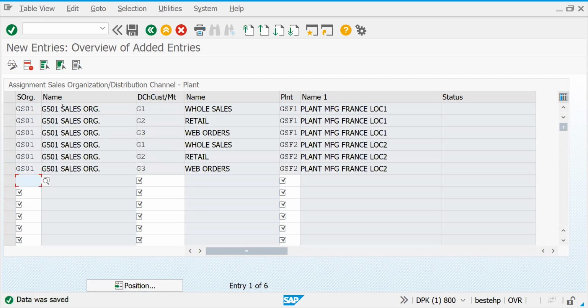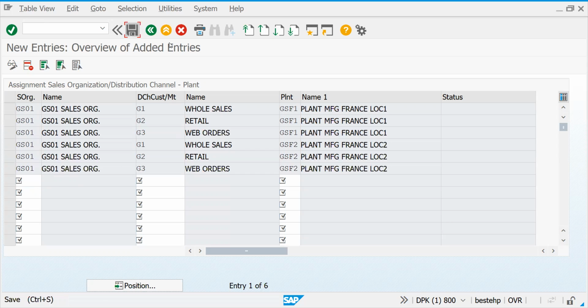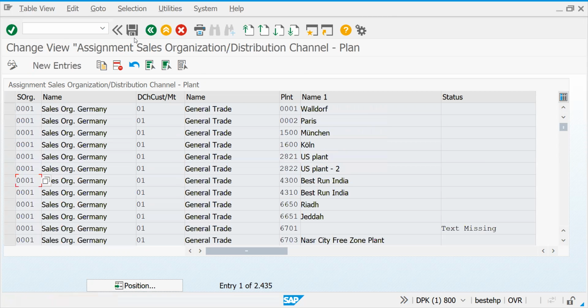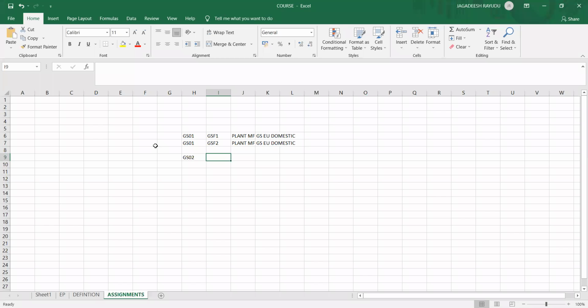Okay, let's copy these org elements, save it. Okay, let's cancel this, let's save this, let's go back and copy in our Excel.